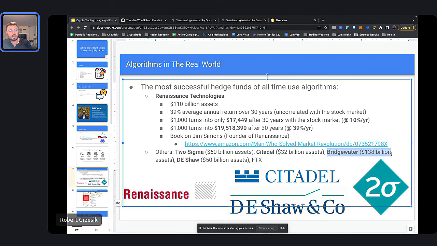Bridgewater is another one. I actually have a nice quote for you by Ray Dalio after this. Ray Dalio, if you haven't heard of him, is one of the most successful hedge fund managers ever. I think at one point, maybe still, they are the world's largest hedge fund. He's been on the news a lot and has released a few books. He's become very popular lately. He's not really a showy type of person, but lately he's been trying to give back to the community because he's a billionaire.